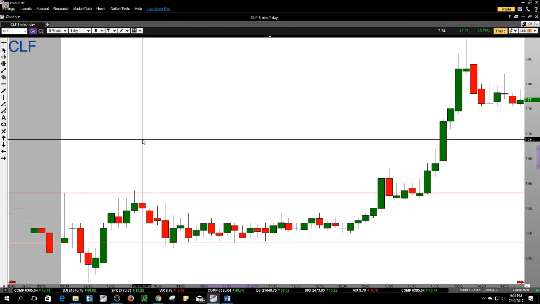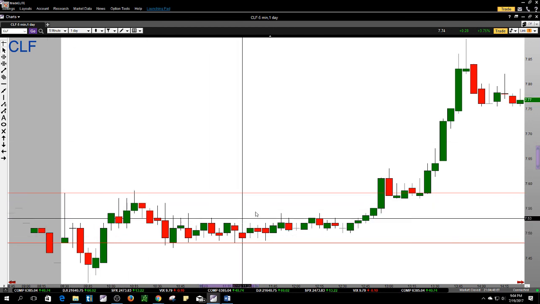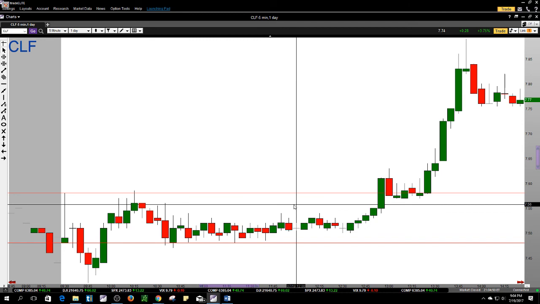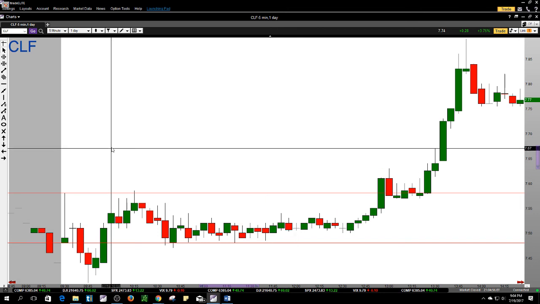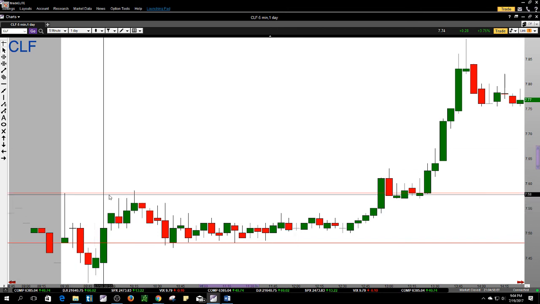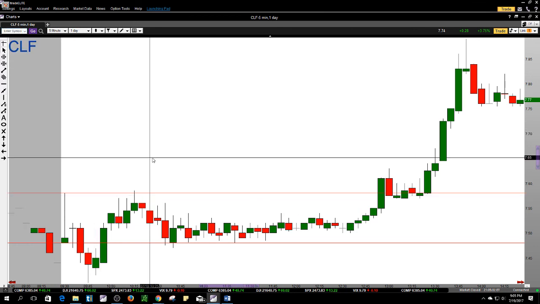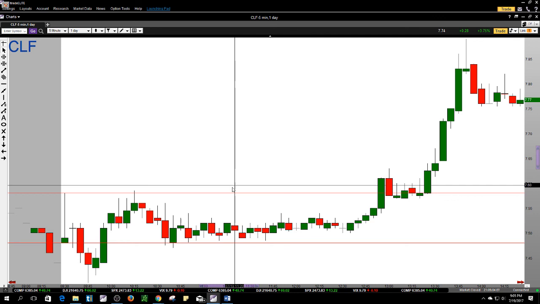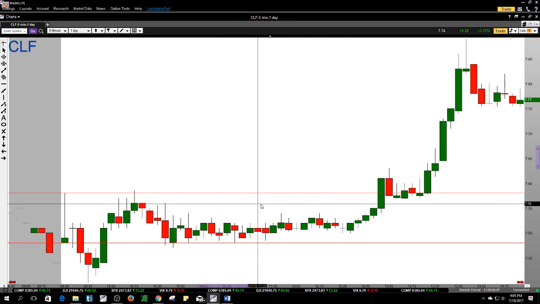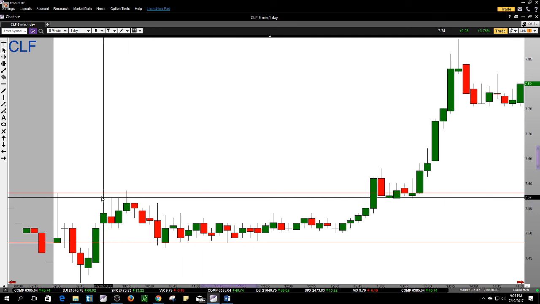I can't look at this chart all day long. So when I see the chart sitting in between here, I know that I want to play it on the long side. If I'm looking at crude, I can see that a lot of crude charts are moving to the upside. Knowing that, this chart, not crude, CLF, not crude, steel. So I'm looking at this chart all together during the day,